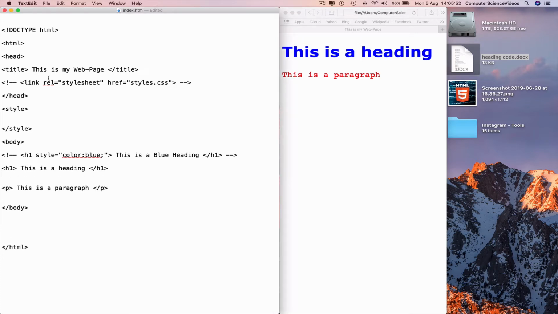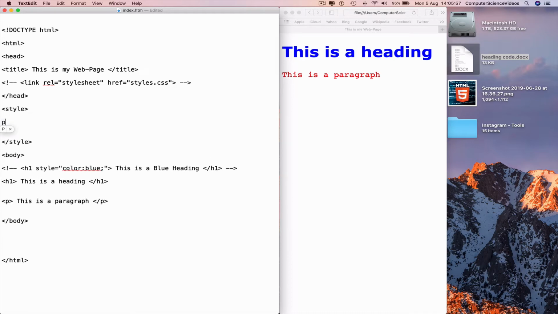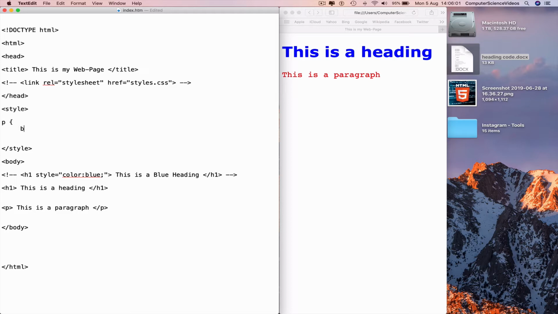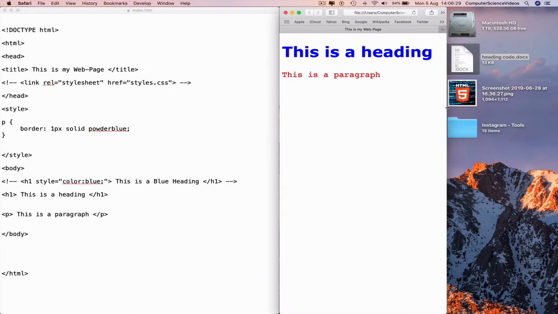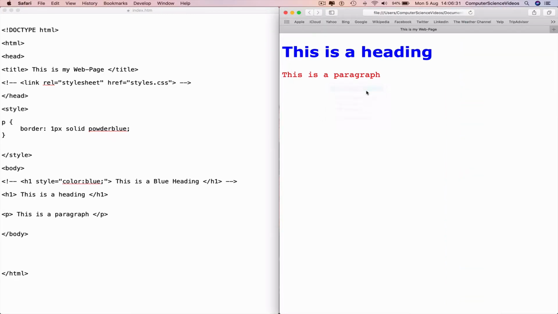and now we can insert a border by going back to the style tag and typing in P curly brace indent border colon 1 pixel solid powder blue semicolon curly brace, Command S to save, go all the way to the web browser, right click, reload the page,